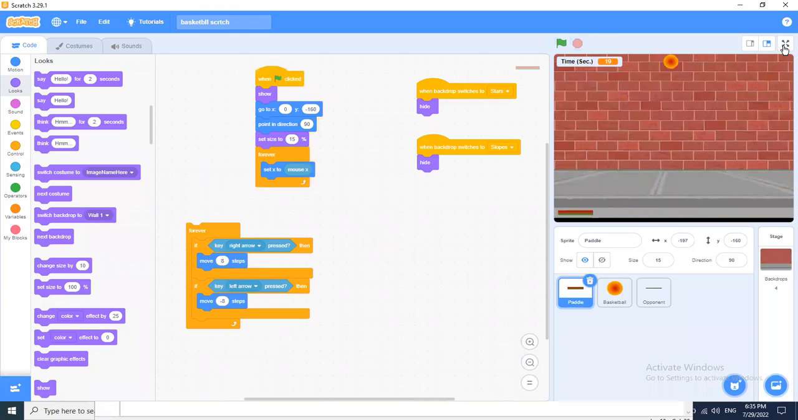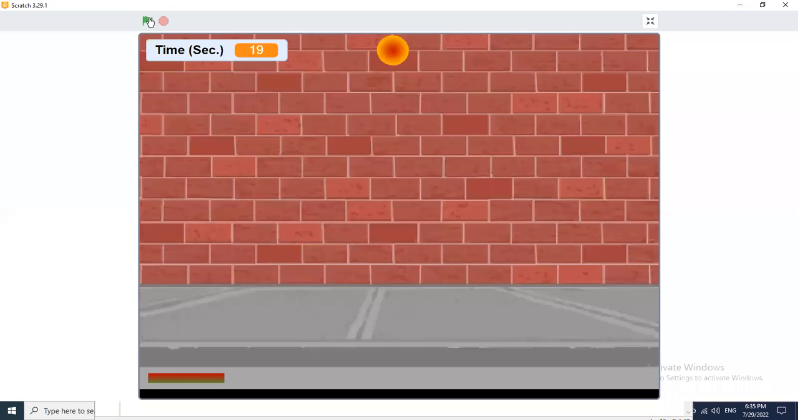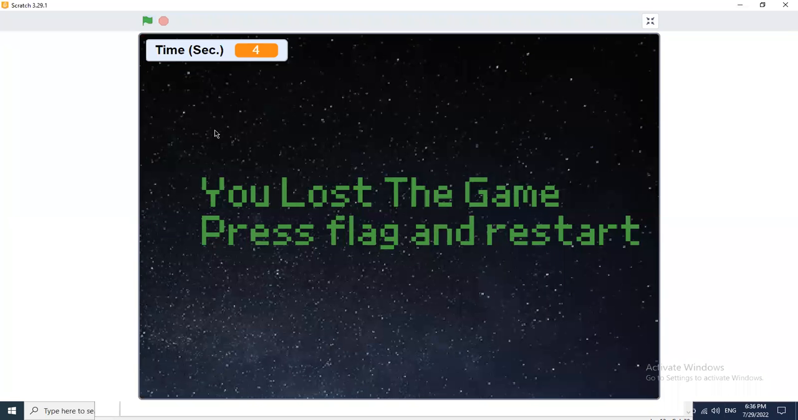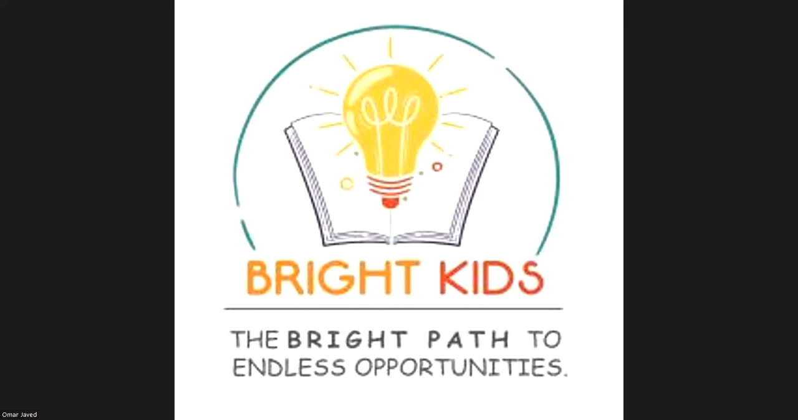So that is it from today's class. If there is anything that you guys want to ask, you can ask right now. And this game is going to be finished as soon as you let the ball touch the black line at the bottom. So that's it. If there is anything that you guys want to ask, want to see the code of some portions, you can let